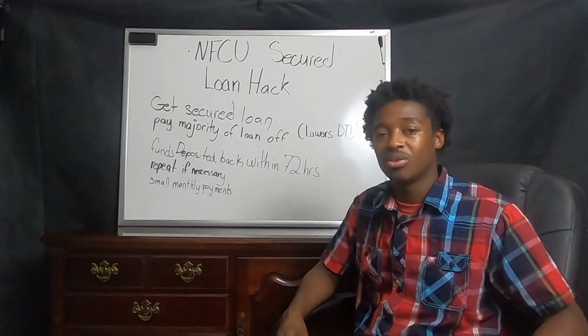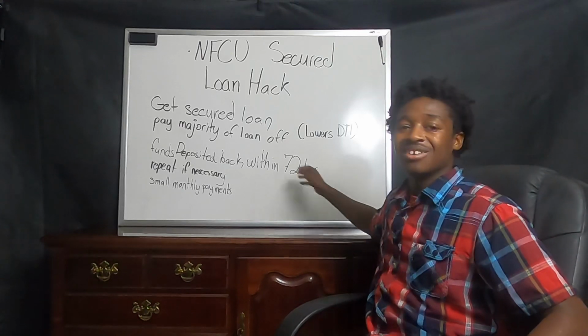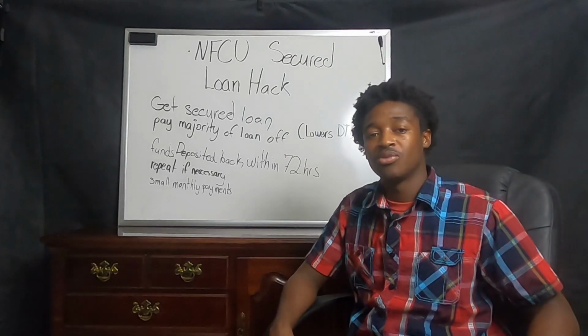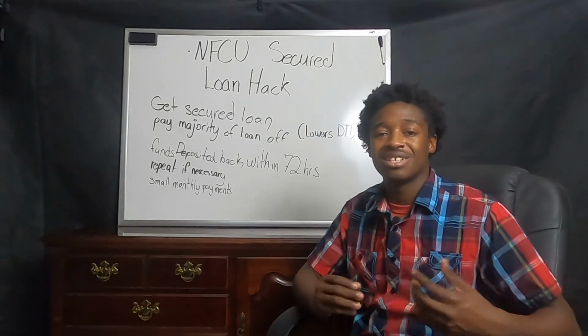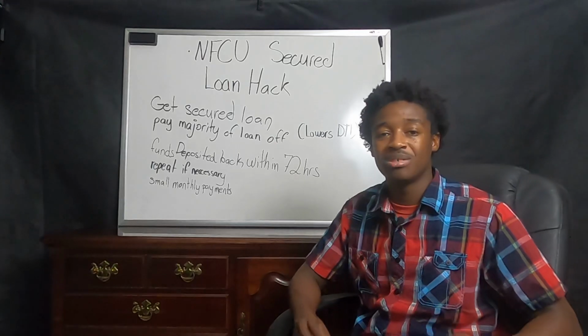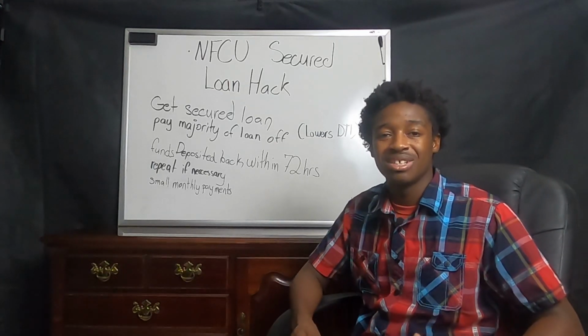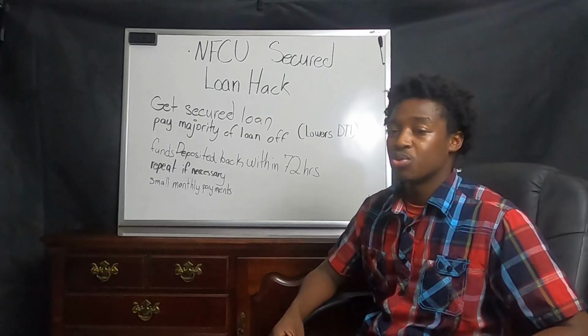Generally, secured loans release the funds at the complete end of the loan term. So if you get a secured loan for a year, you don't get your funds back until the end of that year in most situations. So you want to make sure that they're going to release your funds before that, as well as making sure